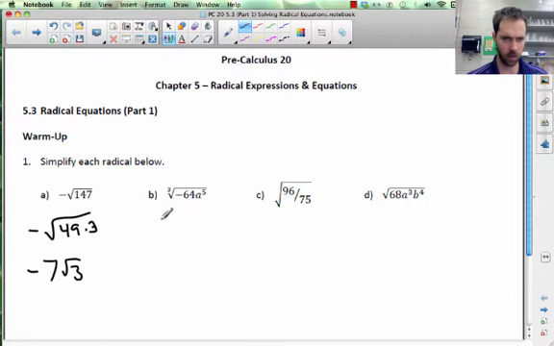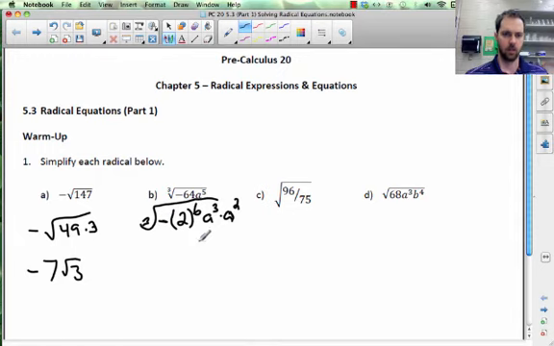Alright, so this next one, underneath the radical sign, we can rewrite this as the negative of 2 to the power of 6 times a cubed times a squared. The reason I chose a cubed and a squared is that the cube root of a cubed is a, so we'll be able to take this thing out perfectly. And the negative sign we're going to leave in here and just write it as 2 to the power of 6 and then the negative version of that. So the cube root of 2 to the 6,